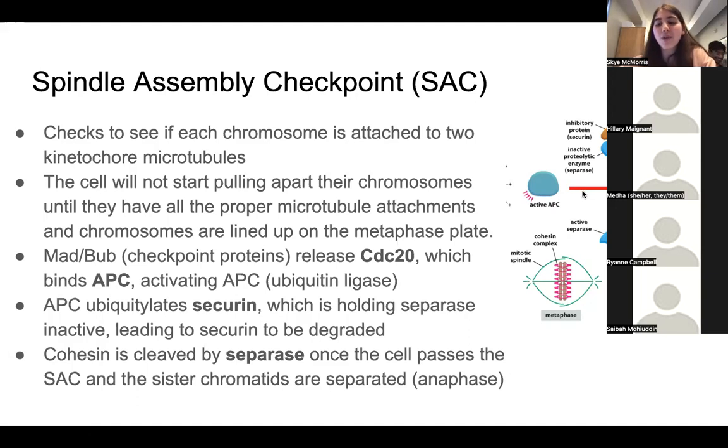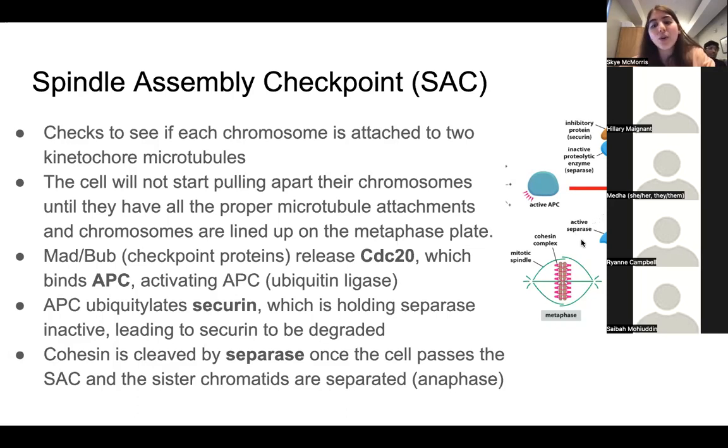Once the proper attachments have occurred, the MAD and BUB checkpoint proteins will release CDC20, which will then bind APC, and this will activate APC. This diagram is showing it here. Once you have an active APC, this is a ubiquitin ligase. It can go about its function as an enzyme and ubiquitylate